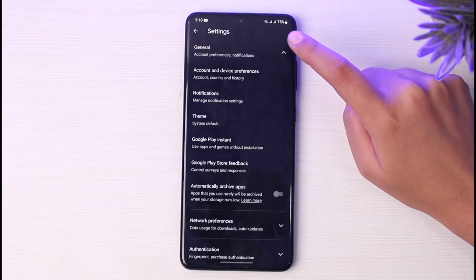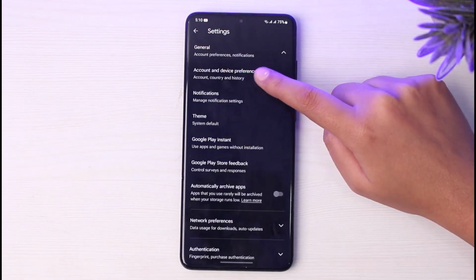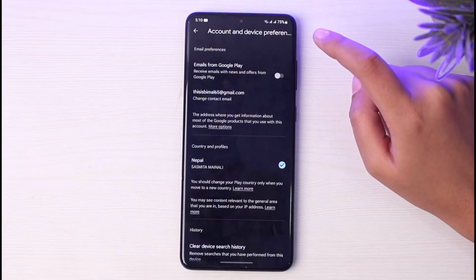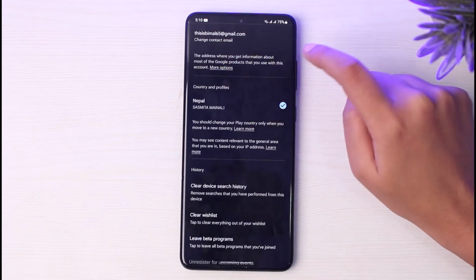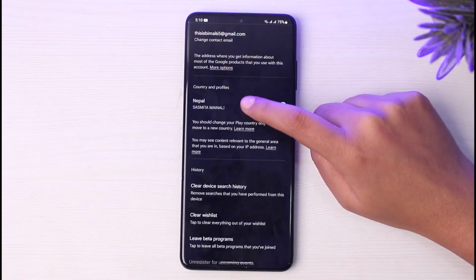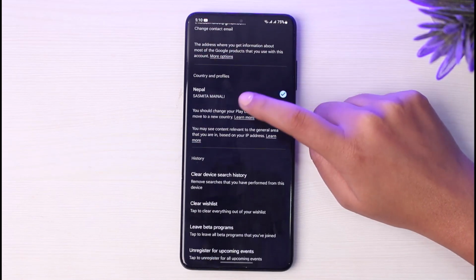Now tap on this option called account and device preferences. Go ahead, tap on it. Now this will open up all kind of preferences and the settings for you, including the country and profile. You can see we do have our country Nepal is registered over here, and if you read it over here,